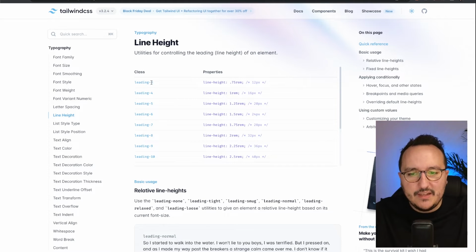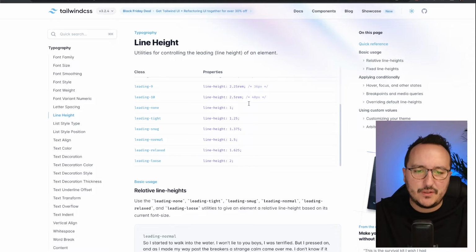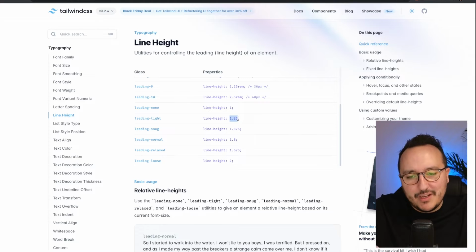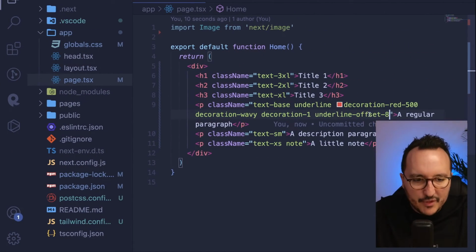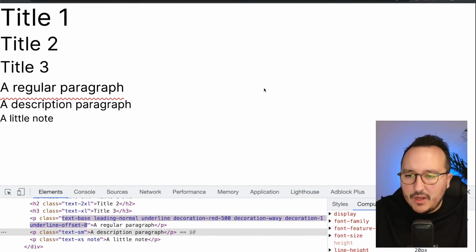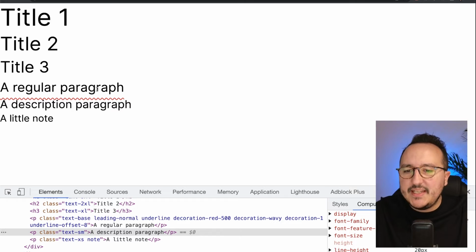Here, the leading 3, 4, 5, 6 are based on rem or pixels, so I don't think it's really useful. I'd prefer to use those leading classes. So I'm going to use leading normal on my paragraph. Okay, I'm going back there, leading normal, updating. And here we see it doesn't change because